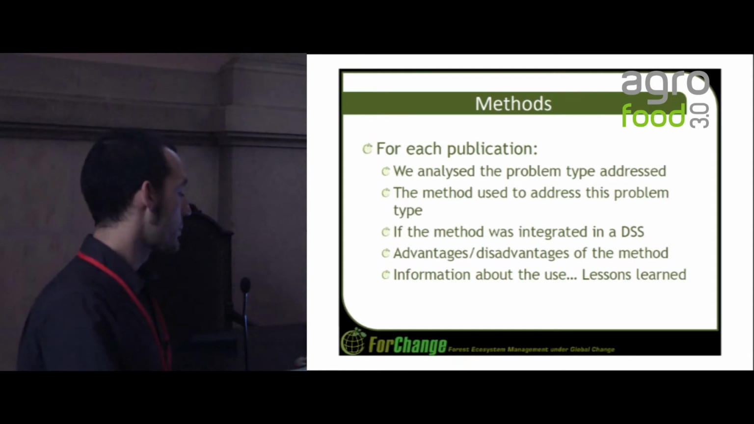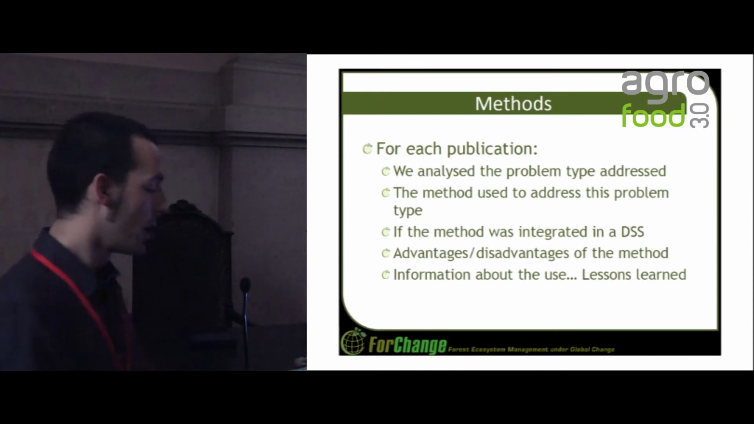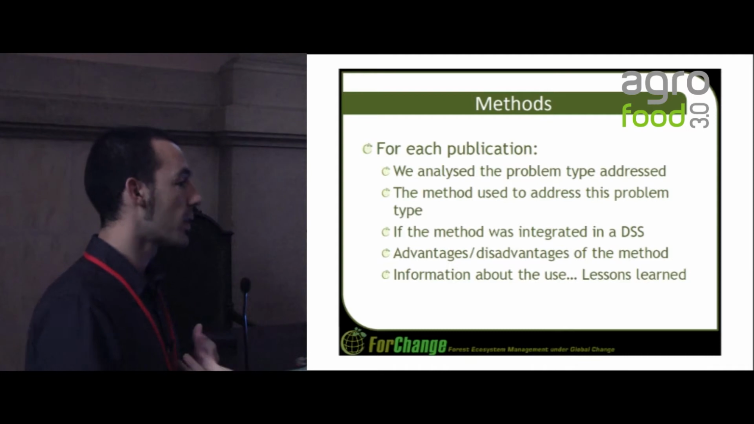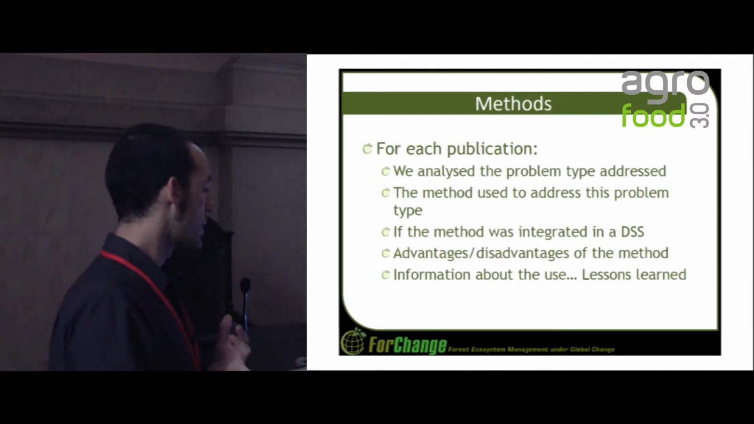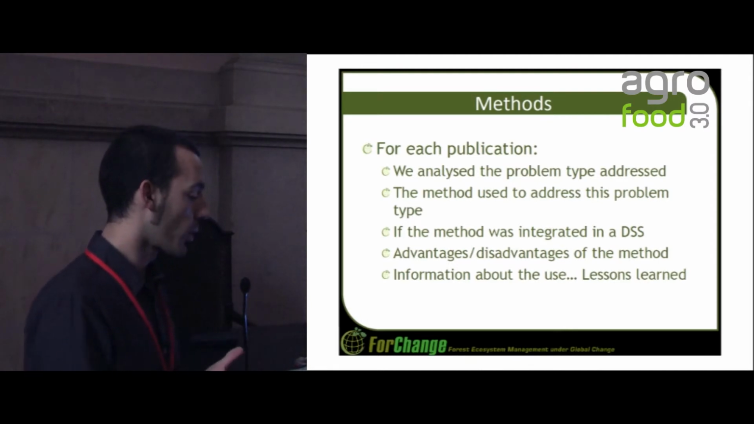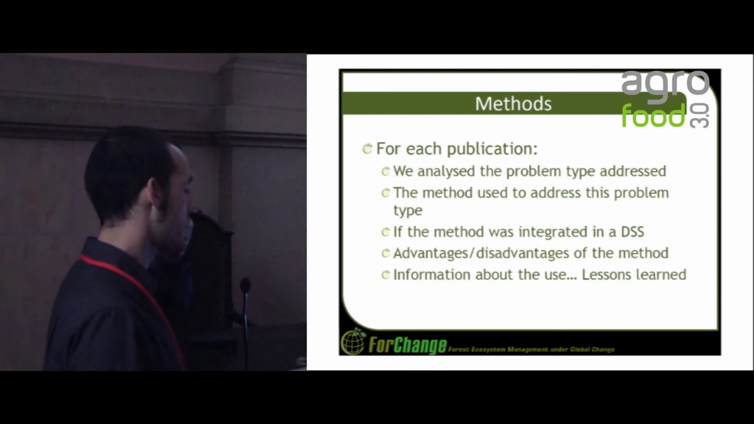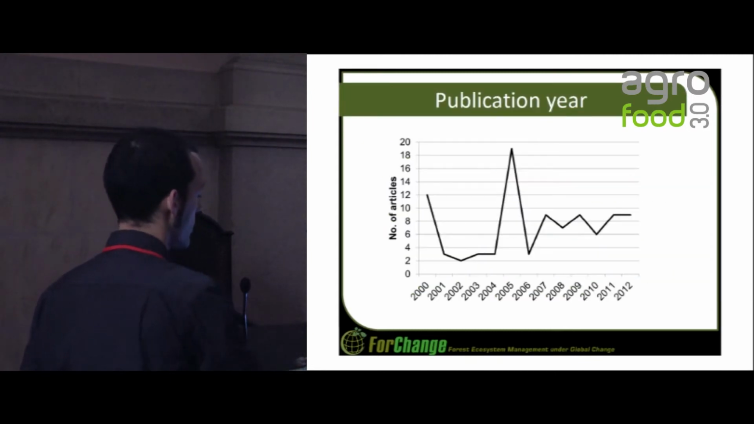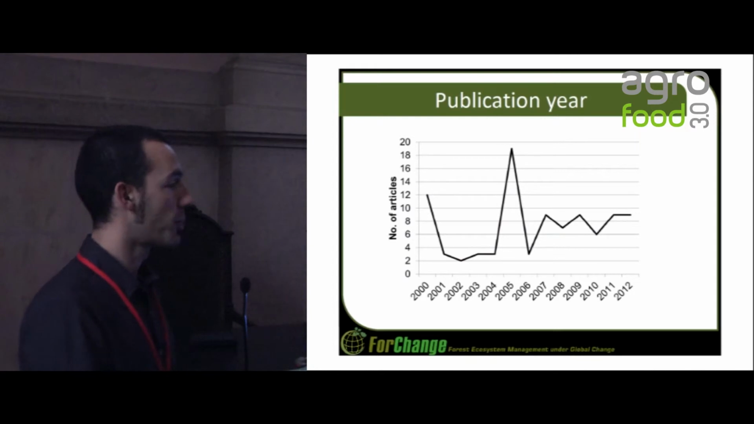We analyzed the problem types addressed in these articles. First we did the screening of these 2,000 articles, and then we checked if they had models and methods there, and if these models and methods were implemented in decision support systems, and we did this problem type approach. So we analyzed which problem types were addressed in these articles, and then we did the whole analysis. Basically we found 94 publications